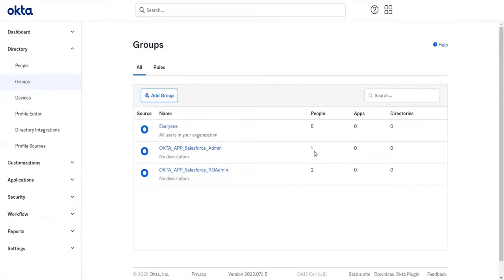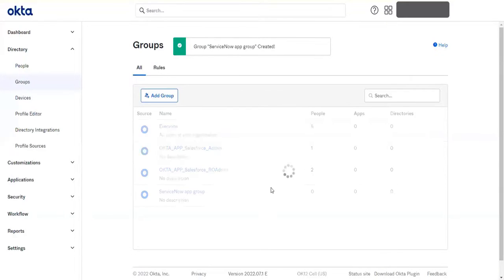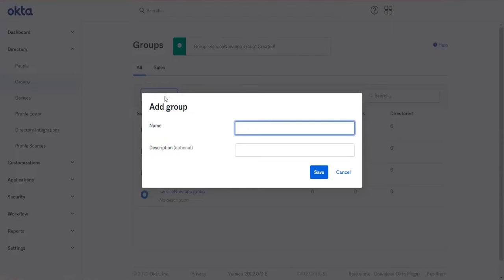Okay. Let's say, for example, there are 5 groups. ServiceNow app group. Okay. Click Save. Let's say there is another called LMS, Leave Management System app group. Okay.